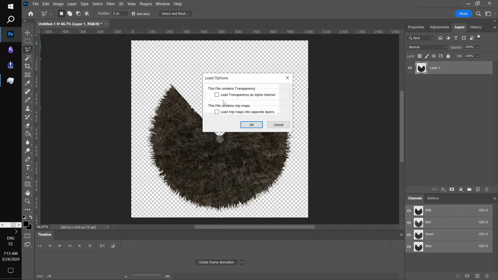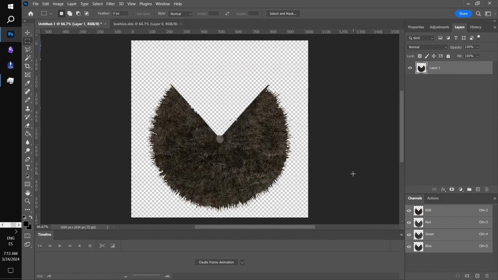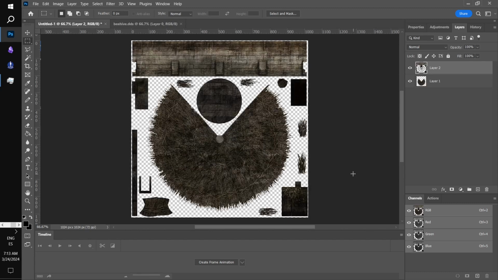But this time we're not going to check that checkbox. Okay, we just grab the texture like so. Control C, bounce over here, Control V, and we move this up to the top. We move the beehive roof up to the top. So I got that nice beehive roof with all of the little bits and bobs that go with it